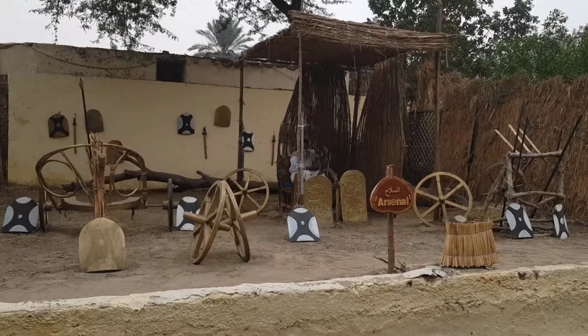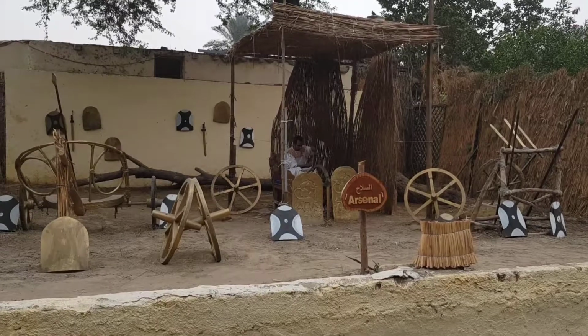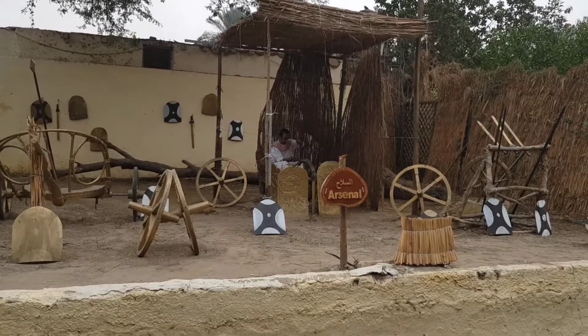Weapons included bows and arrows, swords, battle axes and spears, as well as shields and throw sticks. The horse